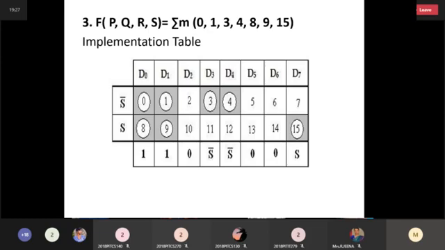Okay, 8:1 multiplexer. So what are the variables? P, Q, R and S. 8:1 means 2 power 3:1, so there will be 3 selection lines. What are the selection lines? P, Q, and R are the selection lines. S is the input, so S or S bar. What are the inputs? D0, D1, D2, D3, D4, D5, D6 and D7. Now circle the numbers. Here the variables are 0, 1, 2, 3, 4, 5, 6, 7, 8, 9, 10, 11, 12, 13, 14 and 15.